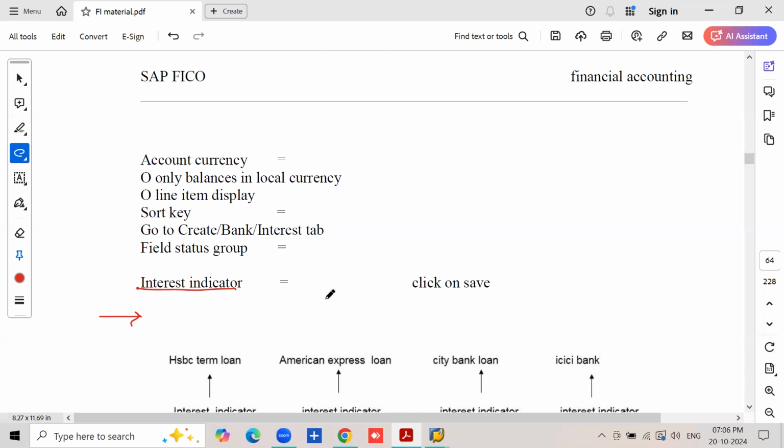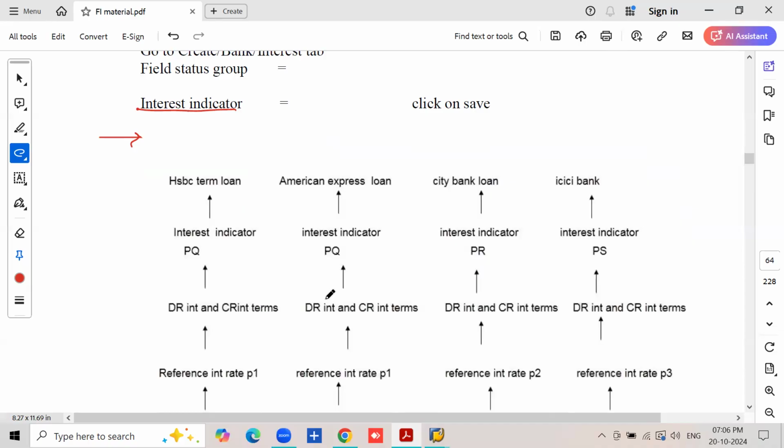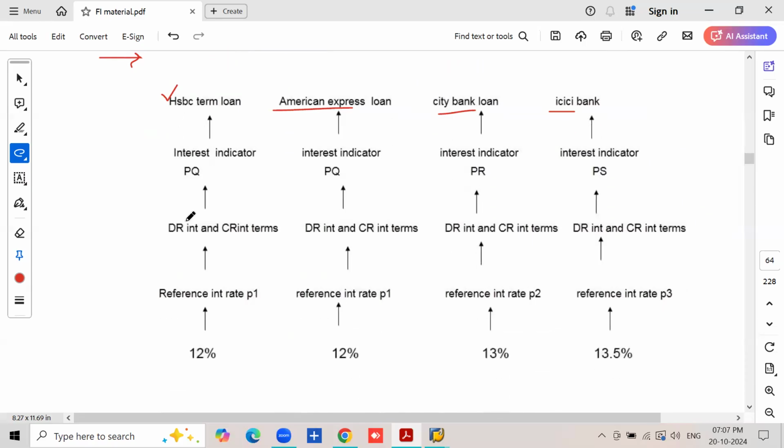See, it's compulsory. Now, here we have taken 4 term loans from 4 banks. We have taken one term loan from HSBC Bank, American Express Bank, Citibank, and ICICI Bank. So, HSBC Bank is charging 12% rate of interest. American Express Bank is charging the same 12% rate of interest. Then Citibank is charging 13% rate of interest, right? Then ICICI Bank is charging 13.5%. So, for each interest rate, we have to define a separate interest indicator and a separate reference rate of interest,